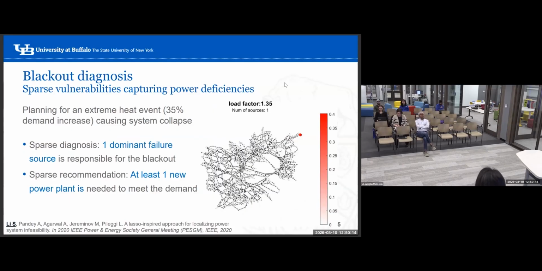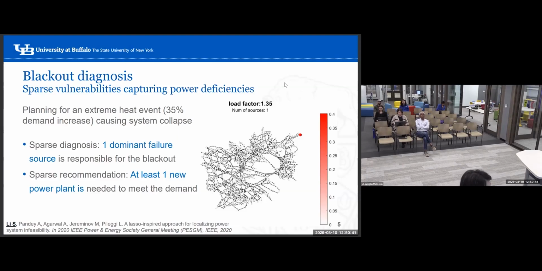So suppose I'm a generator, and you need power. One option is I build a bigger generator at my location and deliver power to you. Or you can build a smaller power plant at your own location to meet your own demand. Or each of us can build a small power plant. So there are infinite possible combinations. But by doing sparse optimization, we're able to tell the minimum set of locations.